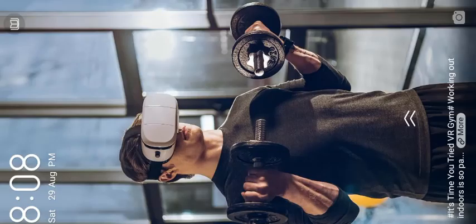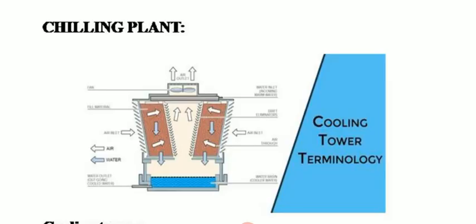The principle behind this cooling tower is that cooling towers are heat exchangers that intake hot water from the equipment and expose it to air instantly to lower the water temperature. Some water evaporates during this process.